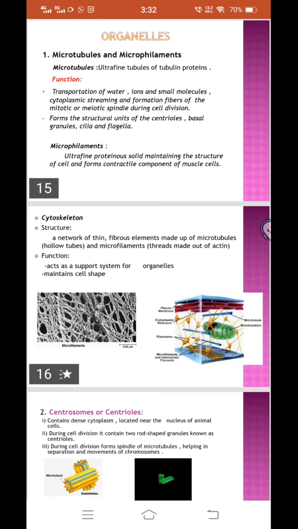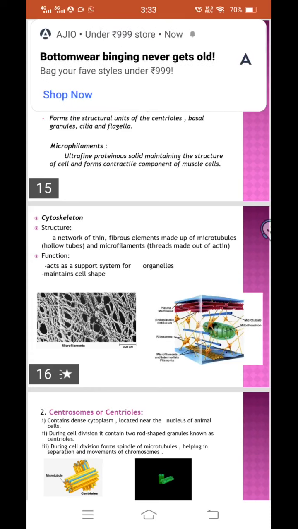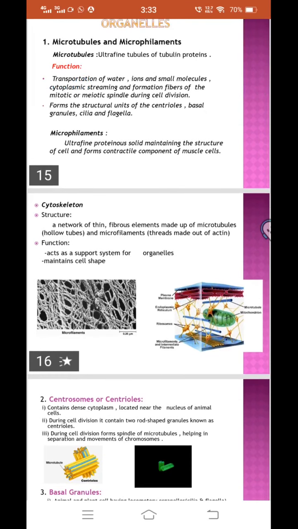So there is a diagram. In the diagram it is shown that first diagram में आप लोग देखिए, this is the microfilament, somewhat thread like structure, and in the second diagram there is a microtubule, and this microtubule is present inside the cell in the cytoplasm of the cell, and these microtubules are surrounding the different organelles of the cell which is used for carrying the different materials of the cell. That is the water है, the salt materials है, mineral salts हैं, all these are transported with the help of microtubules. Okay? इतना clear है आप लोगों को microtubules का structure?